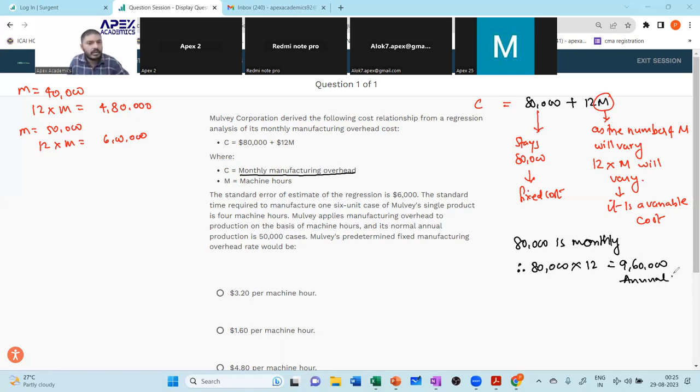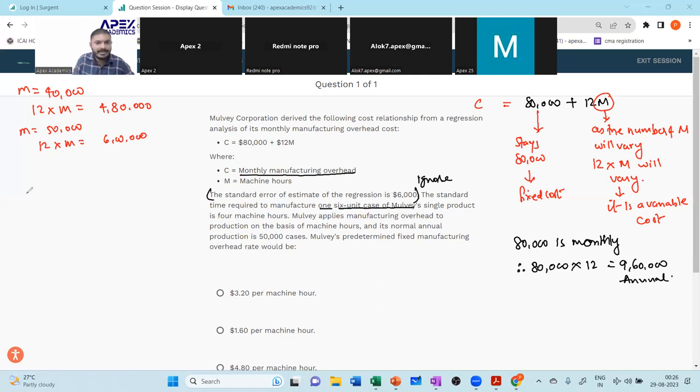960,000 is annual. Standard error of regression is 6,000. Sir, what to do with this? Ignore it. I'm saying ignore it. You are not here to study statistics. You are here to do costing. Ignore it. The standard time required to manufacture one